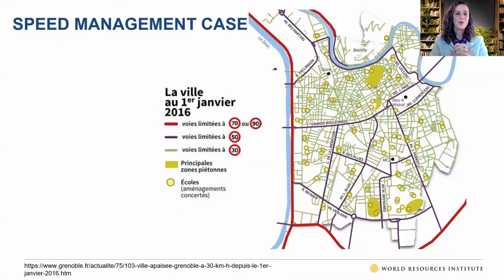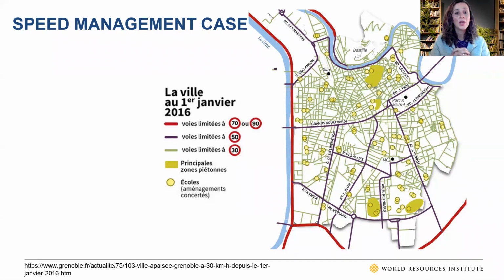This is an example from a city in France called Grenoble. Grenoble is a small city. We talk about it in the first part of this conversation. I like this example very much because it's very simple. All the yellow areas inside are at 30 kilometers per hour. And those are areas where you have schools, where you have public spaces, where you have people going to the offices, where we all are going to be protected because we are in traffic that doesn't go more than 30